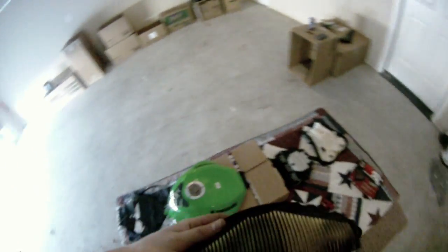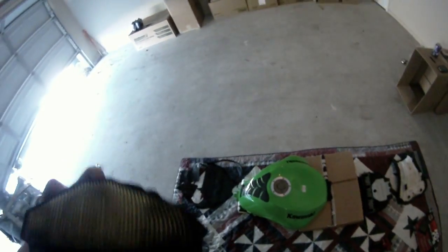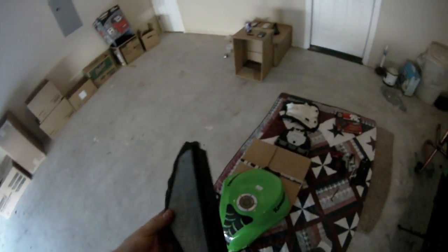As you can see, it's pretty bad. I mean, it's not real bad, but it definitely has some dirt in there. This is what this air filter has after 6,000 miles. Take a new one,